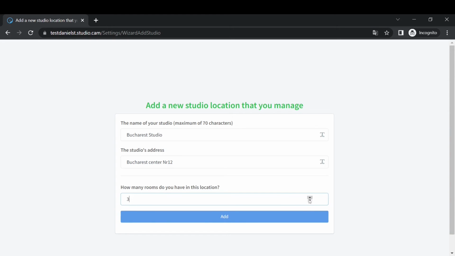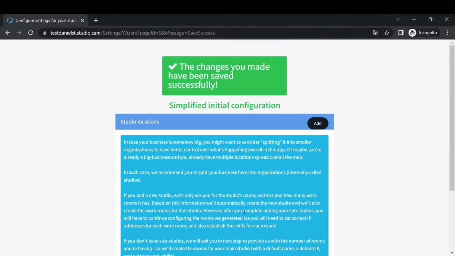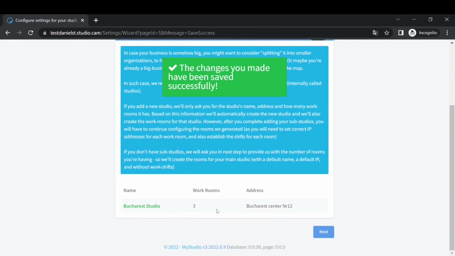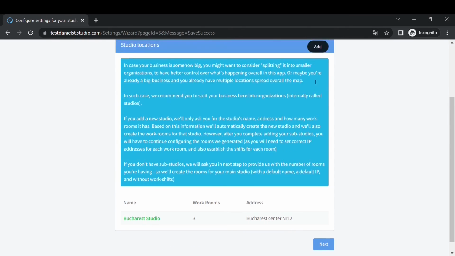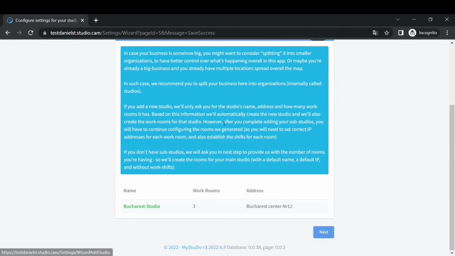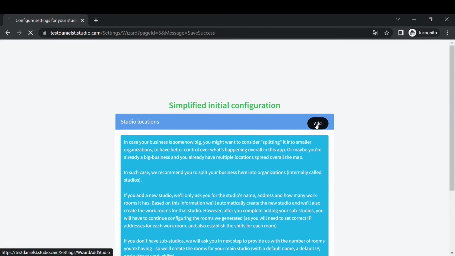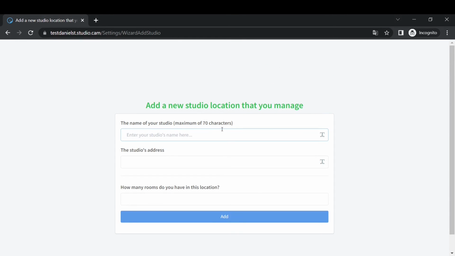Let's say we have 3 rooms available, and add it. Okay, now you can see that the Bucharest studio was registered here with 3 working rooms and the address is right here. If you want to add another one, simply go here, let's say Budapest